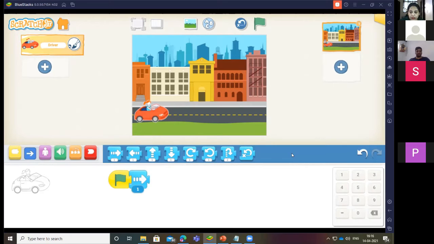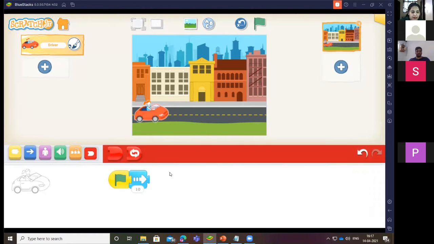When you click on this, you get this option, and I am selecting 10 from here. Then there should be a stop.